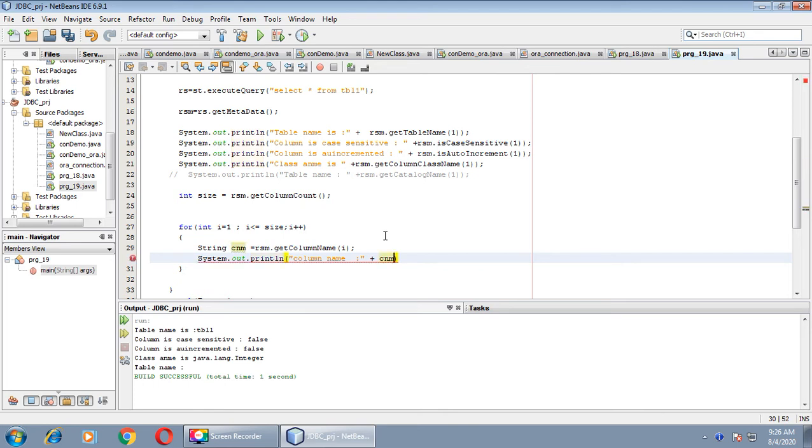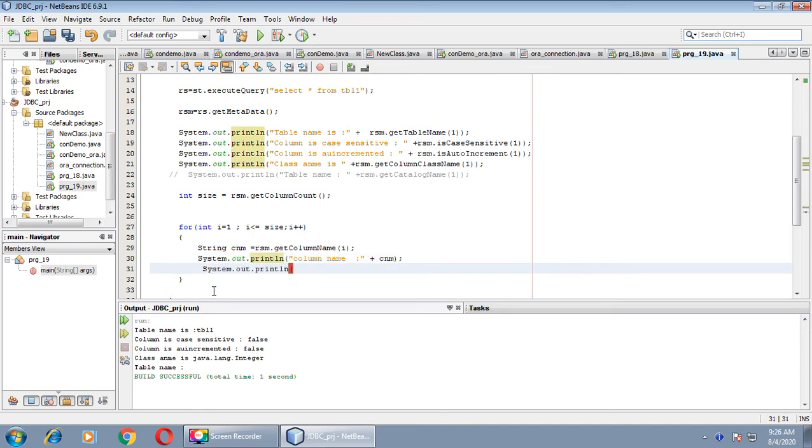Print the value of cnm over here, and semicolon. Next we will use the method getColumnDisplaySize.